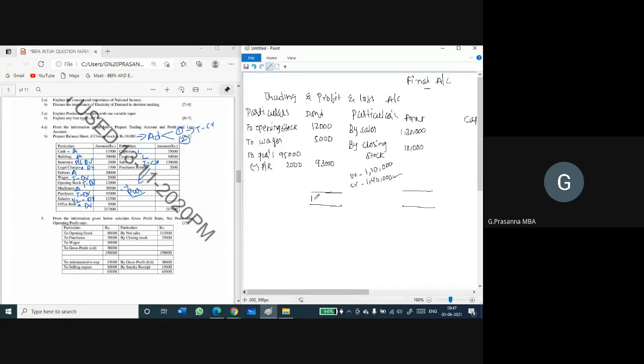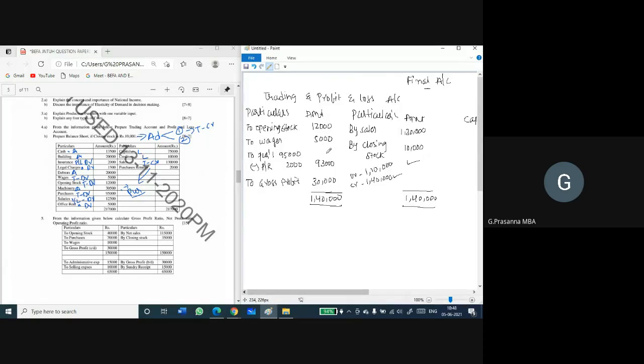So the highest total I will be writing in the equal column, 1,40,000 in the debit column and 1,40,000 in the credit column. So here we are having less balance. Here the balancing figure will be coming. So how much do I have to add to this 1,10,000 to become 1,40,000? 30,000. So this 30,000 amount, which we have borrowed, will be considered as gross profit. Okay, if you are getting the balancing figure here, it means you got gross profit. Suppose if you are getting the balancing figure here, it means you got gross loss. So by this we have closed our trading account.